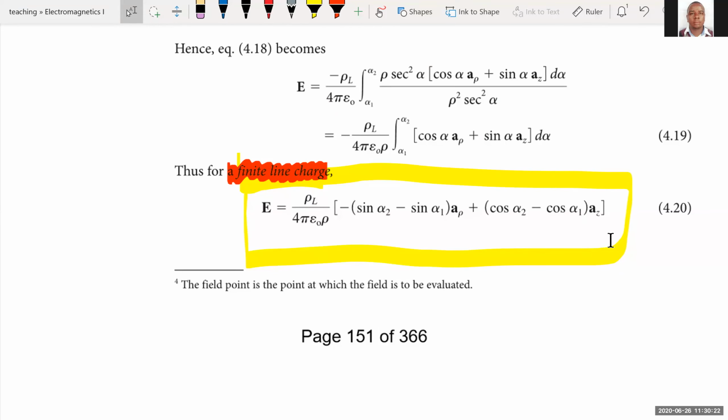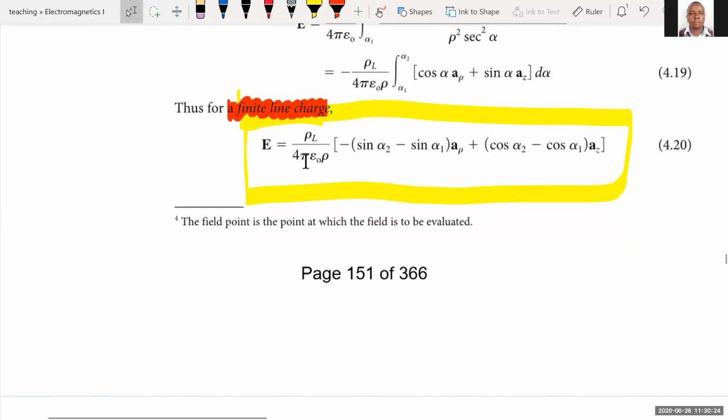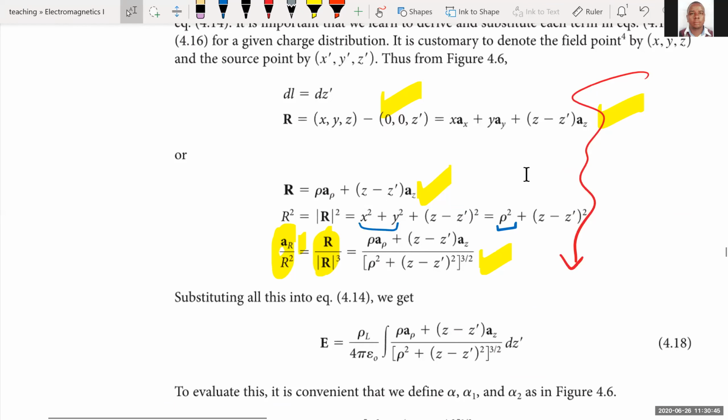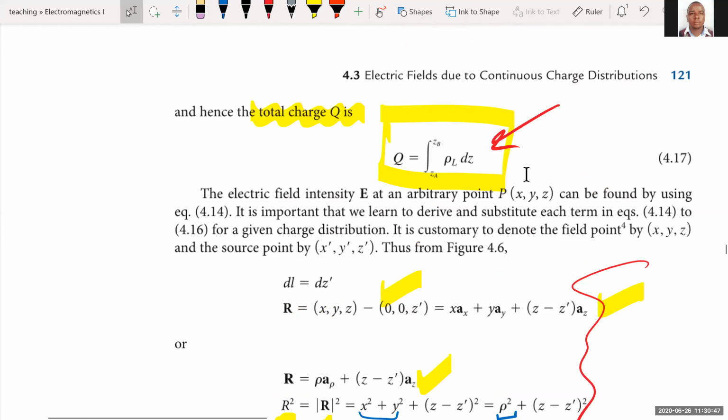Equation 4.20 gives us the final solution after the derivation. I was mentioning alpha 1 and alpha 2 because they feature prominently in the final equation that defines the electric field intensity due to a finite